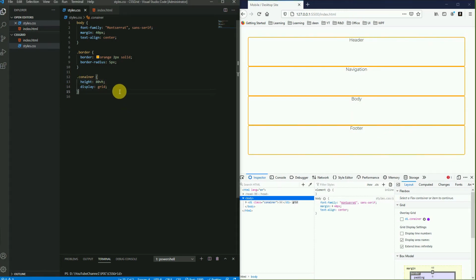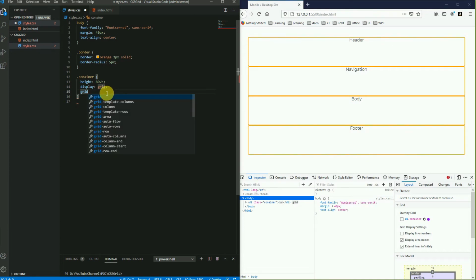For that we need to tell the container that it is going to have 4 rows, because we haven't specified the rows structure here. For that I'm going to implement grid-template-rows. We have to specify this property.